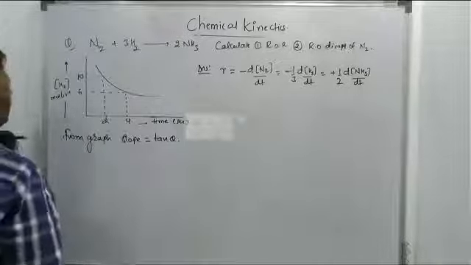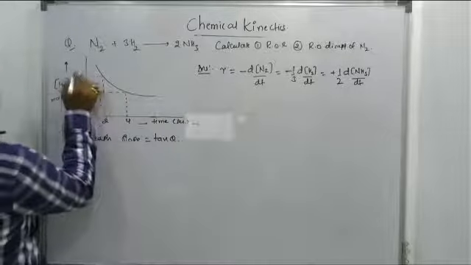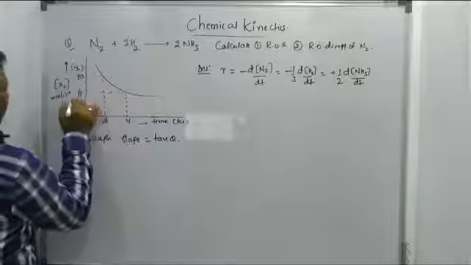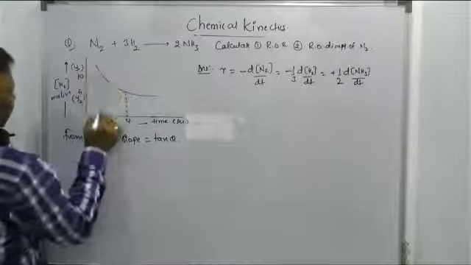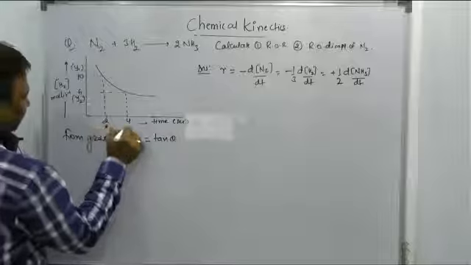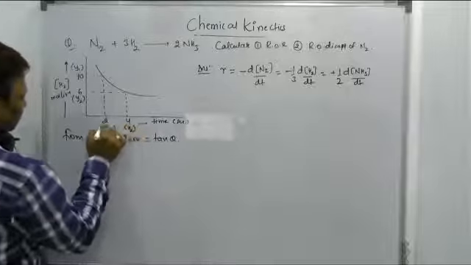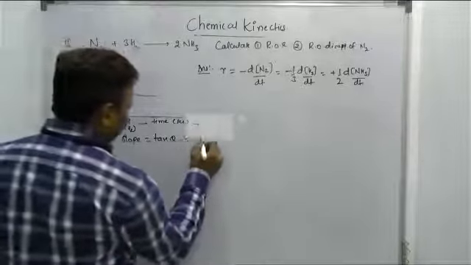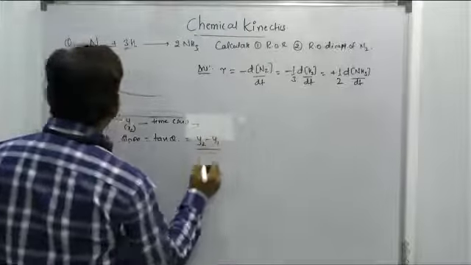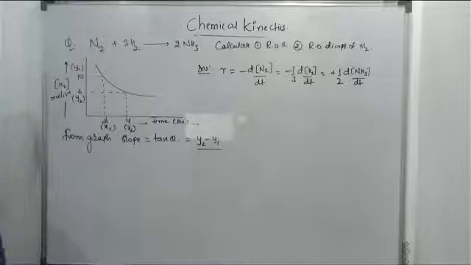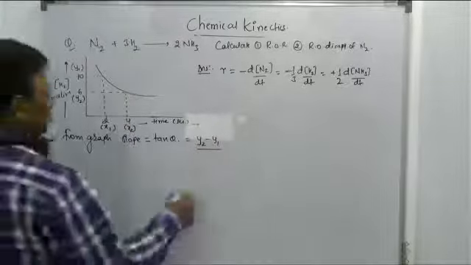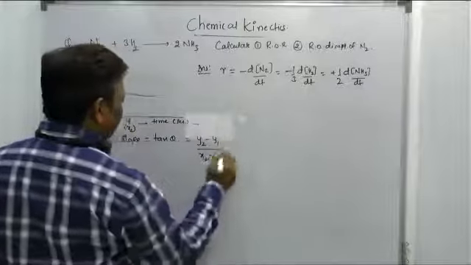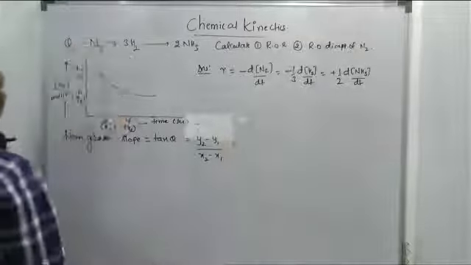Can we make this a y1? Can we make this a y2? If it is y1, then can we make this an x1? And this one is the x2. So tan theta is equal to y2 minus y1 over x2 minus x1. The y2 value, shall I write here? Y2 value is equal to 6.